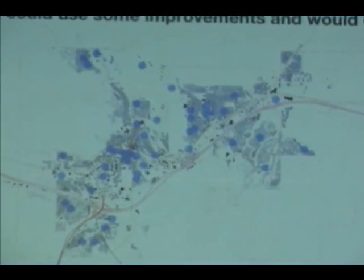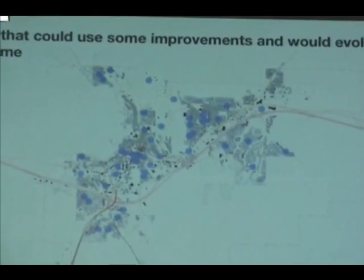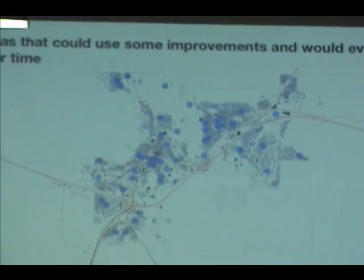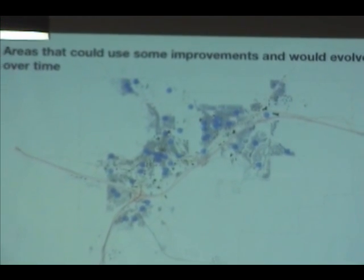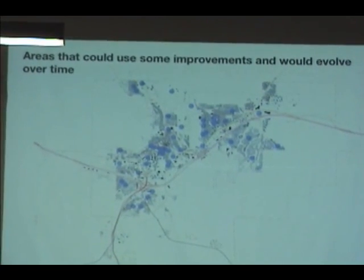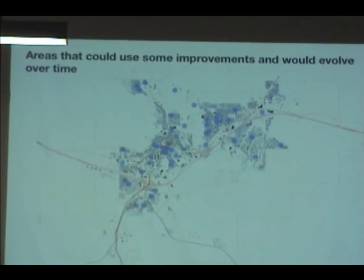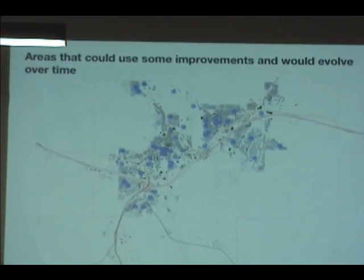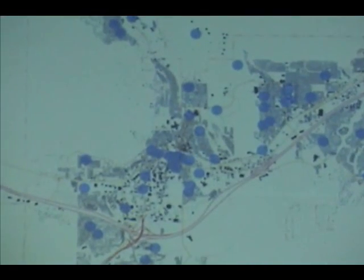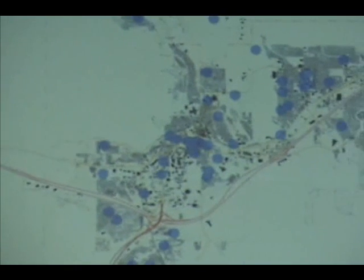The second set of dots are areas that you all that participated felt could use some improvements, areas of opportunity for maybe some small scale opportunities to make places better. And as you can see, the areas that started aggregating the most dots were south of downtown. We begin to see some dots, even sprinkled throughout the rest of town, but I think really south of downtown,